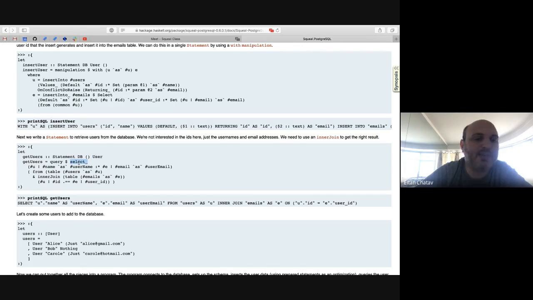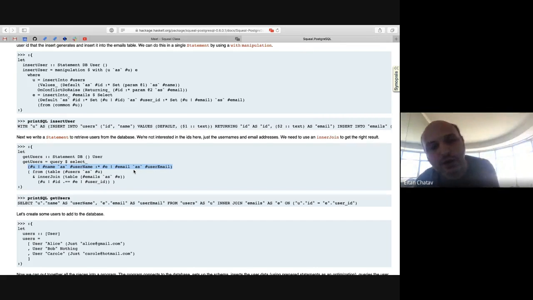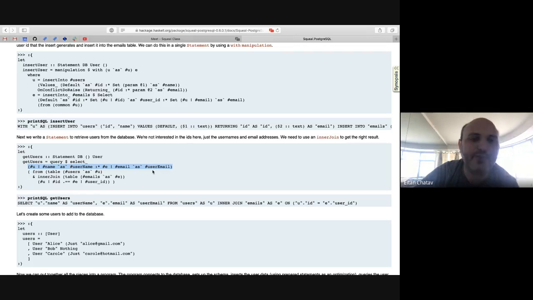And so we're selecting. The reason there's an underscore here is because there's a more general select, but this underscore is for when we're just using a list as our selection. We can do more general selections, like you can do select star or select table dot star, but this is just if we have a list of fields that we're selecting. Okay, and from table users as u,